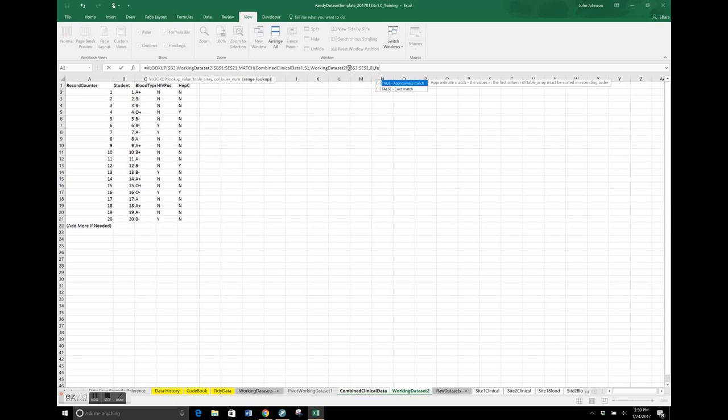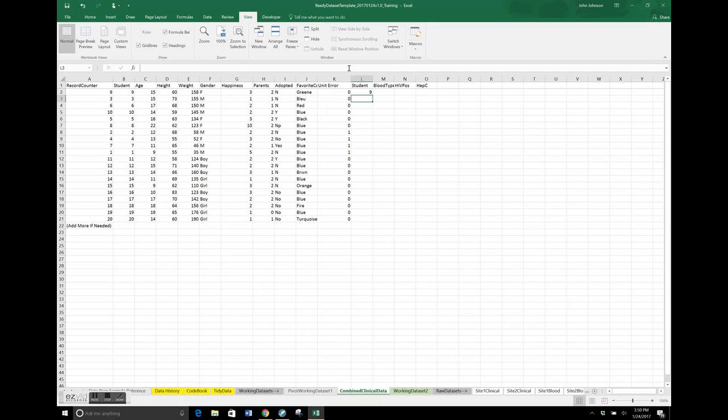If you do this, you're going to enable two things. First, you're not going to be guessing at or testing the position of the variable you want to bring in, because at this point we have to identify the column index, the position of the variable we want to bring in. This is just going to match it for us, but also it's going to make sure that we don't make a mistake. And then we'll type in false and hit enter. And now